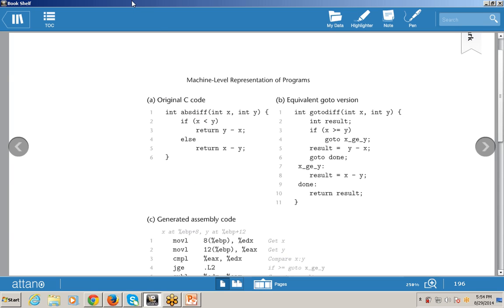The function name is absdiff, and the return type is int. Then these are the arguments, int x, int y. So take two variables, x and y, and both are of data type int.